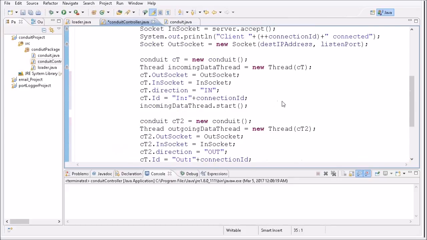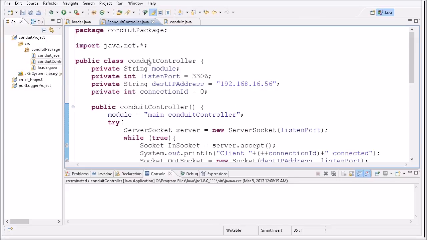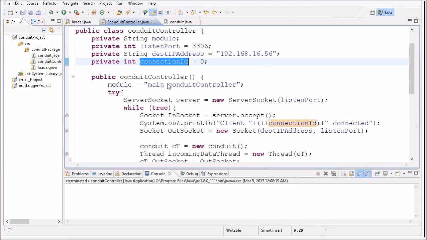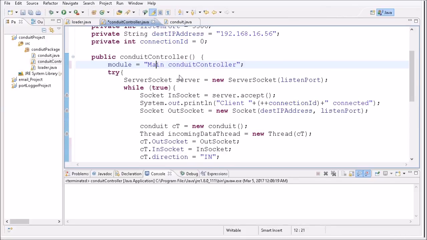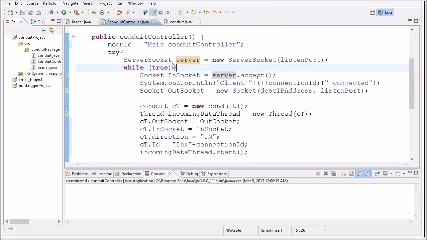Okay, so very briefly, let's do a high-level overview. We're going to create a conduit package, and the conduit package is going to have the conduit controller. Conduit controller has been called by the loader class. We have a module string, the listening port, the destination IP address, and the connection ID. All right. My module in this case is my main conduit controller. Here the system will pause, waiting for a connect on the appropriate port, which is 3306. As soon as there's a connection, we'll go into an infinite loop, creating a socket, and we will create the